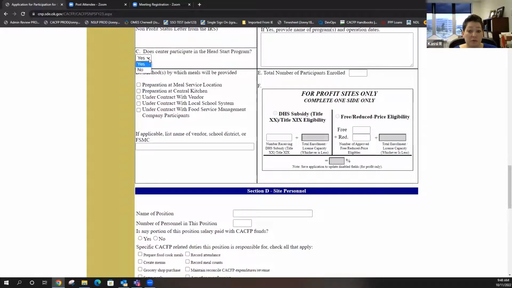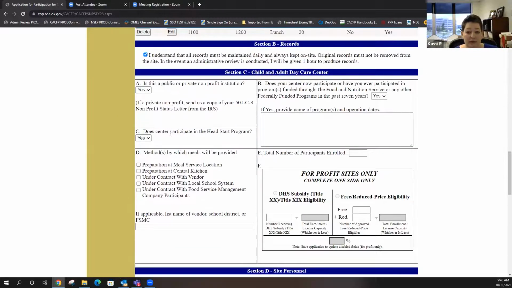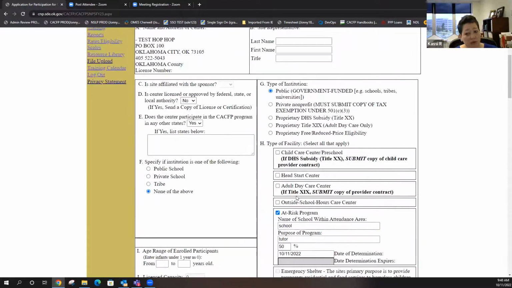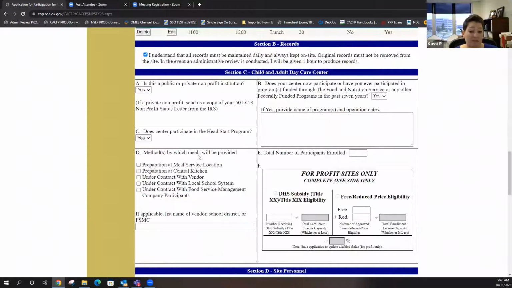And then I mentioned before up here, we see a lot of disconnects with this. Why we ask it twice, I don't know. We're trying to eliminate that, but I didn't catch this one. So if you're a Head Start program, we ask up here and we ask down here. But if you're a school doing at-risk, if that's all you're doing is at-risk, don't put yes if you have a Head Start program, because your at-risk site doesn't have a Head Start program. You're just an after-school at-risk program, or you might be doing it during the end of the year. Your Head Start program isn't operating the at-risk. Does that make sense? Hopefully.